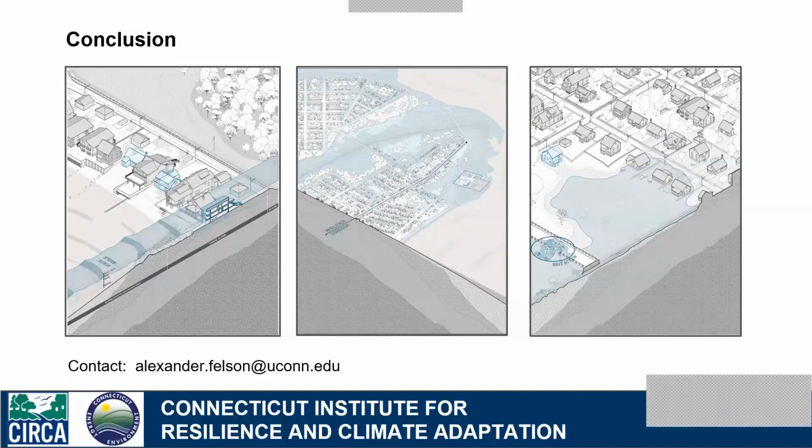I also worked with Rob Mendelson at Yale on an economic analysis that was funded through CIRCA prior to my joining CIRCA. It was very clear from our analysis that the property value and the income capacity had a big impact on the value of constructing or armoring,